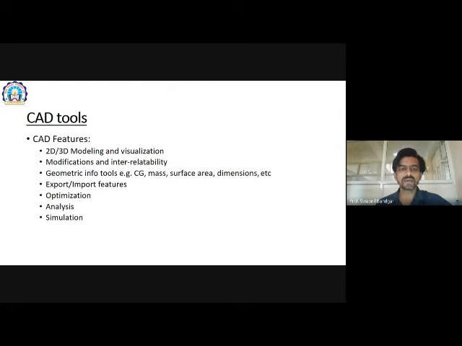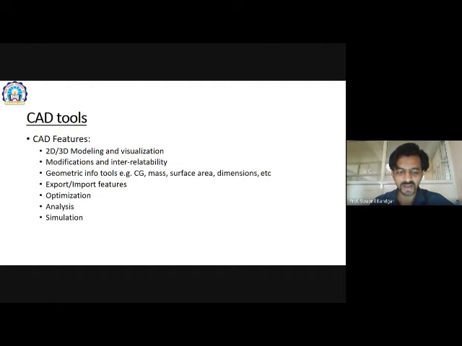Then modifications and interrelatability. Modification means if you change one dimension, we will get a whole modified model. And second is interrelatability.